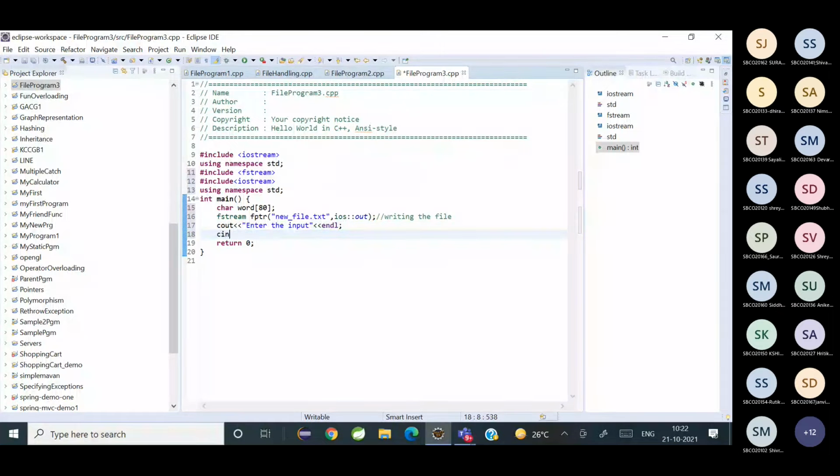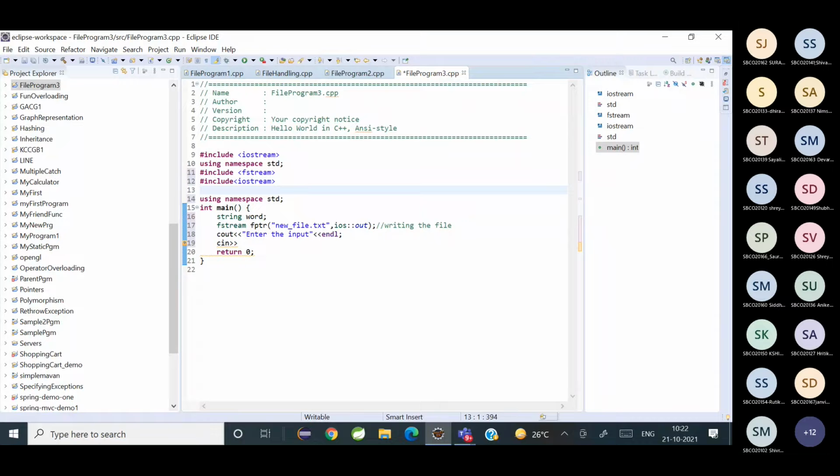I'll declare this as a string, word. I'll use hash include string.h. Okay, so suppose I'm inputting the word, and then now I've used fptr in output mode, so I can use that for writing to the file. So I'll write word,